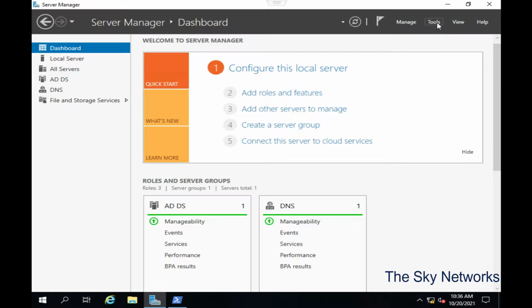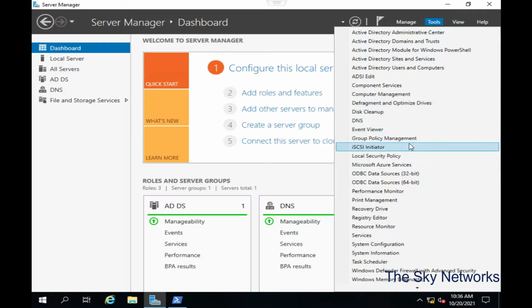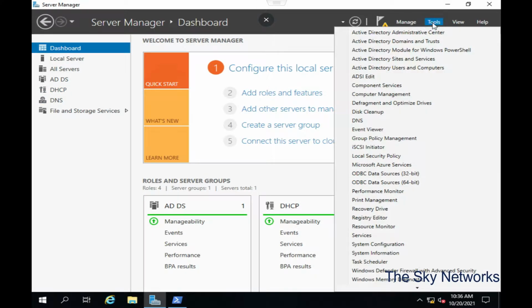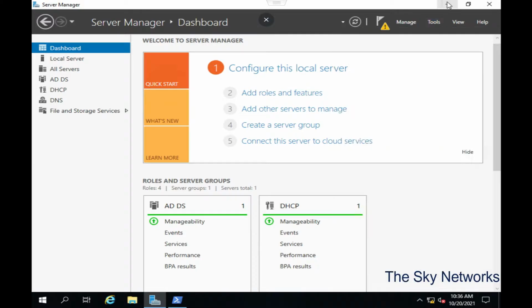It will not show here, and it also does not show up here. Why? Because we didn't install the management tools for DHCP. So DHCP appears here, but we cannot find it in Tools. Here we didn't find DHCP. So what do we do? We will go again to